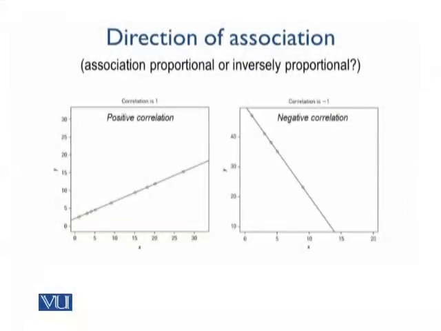So when we want to observe how two variables are associated, we are interested in seeing how these two variables move in step. In other words, if we increase one variable, does it also cause an increase in the other variable? If it happens so, we say that they are positively correlated, which means an increase in one variable causes a corresponding increase in the other variable. So this specifies the direction of the correlation. We can also have a correlation in the opposite direction, where increasing something decreases the other variable. So correlation is specified in terms of direction.